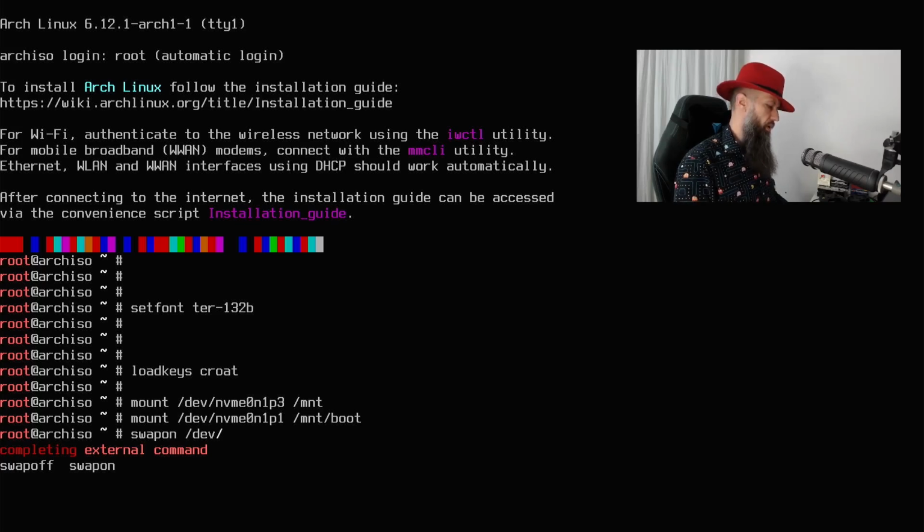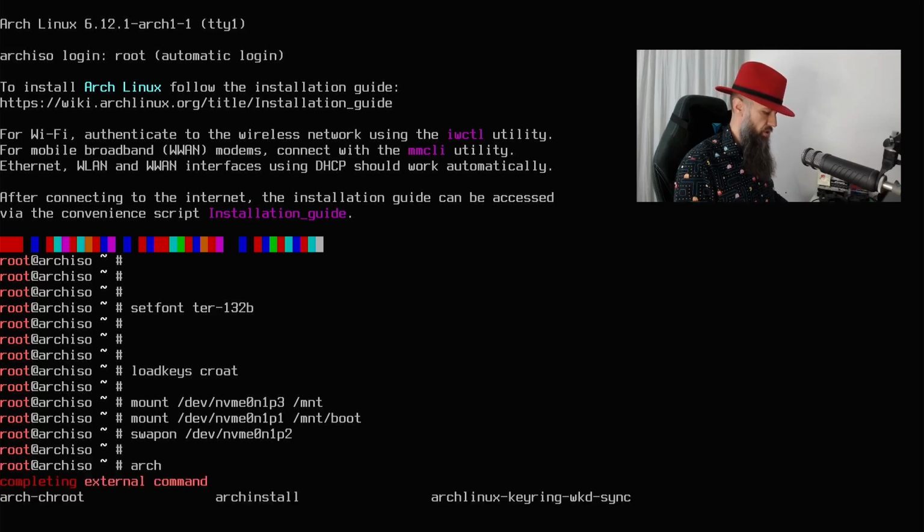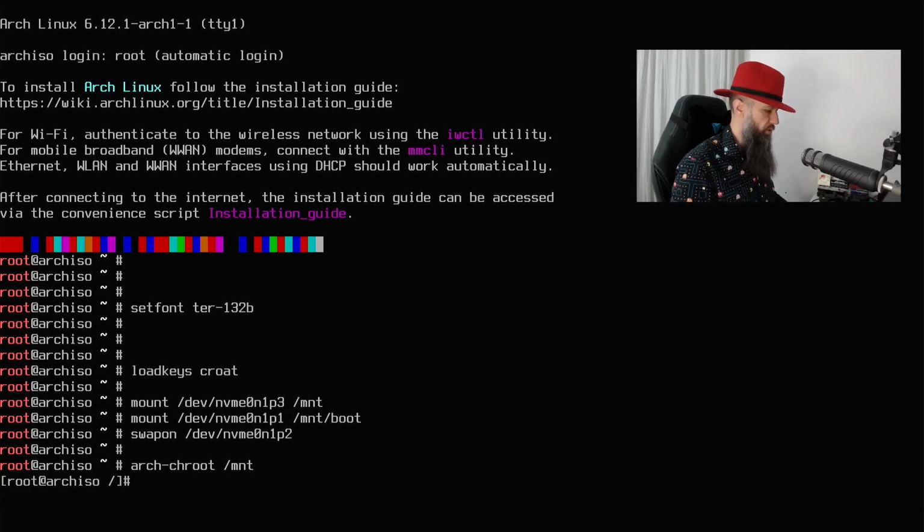Dev NVMe 0 and 1 partition 2. Okay, and arch-chroot into /mnt. Is this the full command or not? Let me just check in the Arch Wiki. Swapon. Arch. Yeah, this is the full command. Okay, we are here now, and we can use pacman